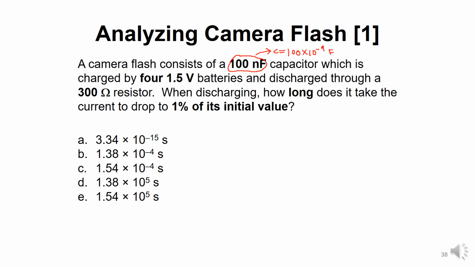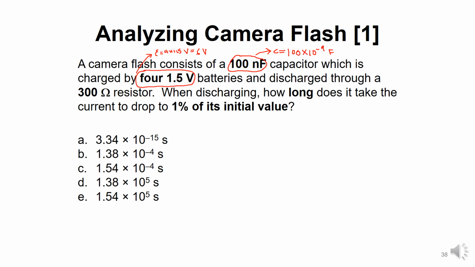And we are charging it by 4 1.5 volt batteries connected end to end. Okay, so that's our V. Or well, actually let's call it E because we're dealing with the battery voltage. So 4 times 1.5, that's 6 volts. All right, so we have an E battery voltage of 6 volts that charges the capacitor, and then the capacitor